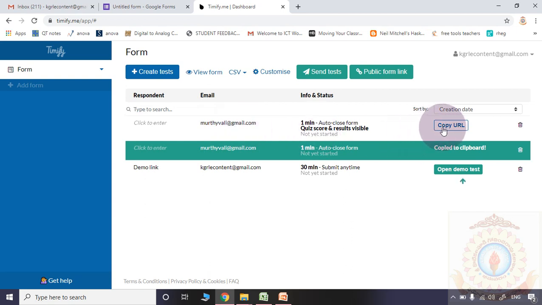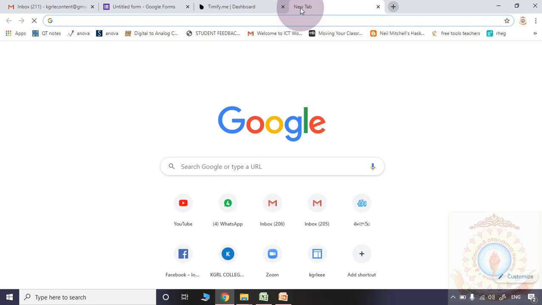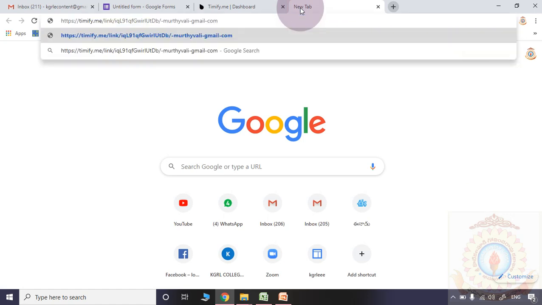Here the copy URL is there. This particular URL you are supposed to distribute to your students, similar to how we distribute some URL to register for a webinar. In a similar manner, the same URL you are also supposed to share with your students.